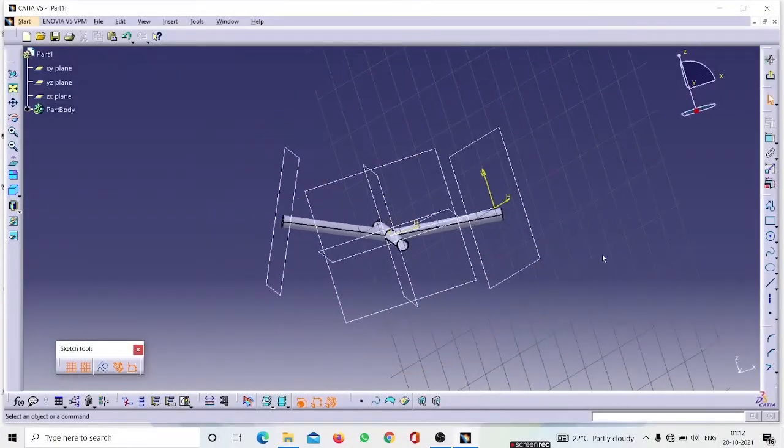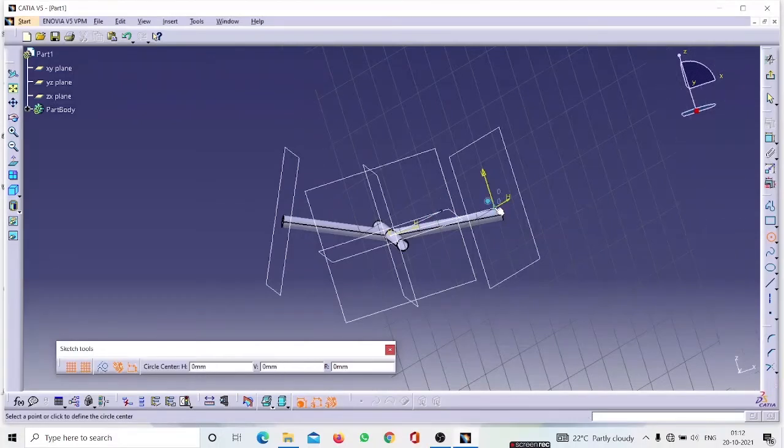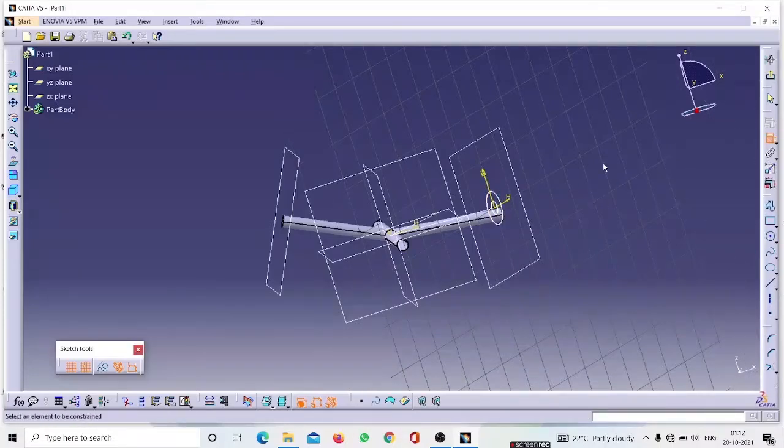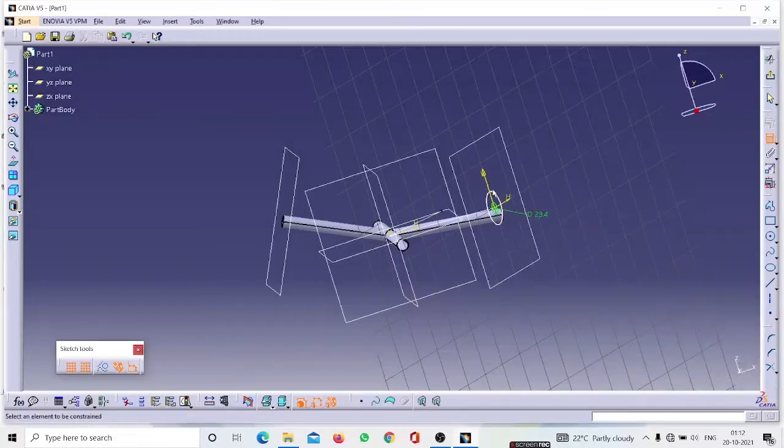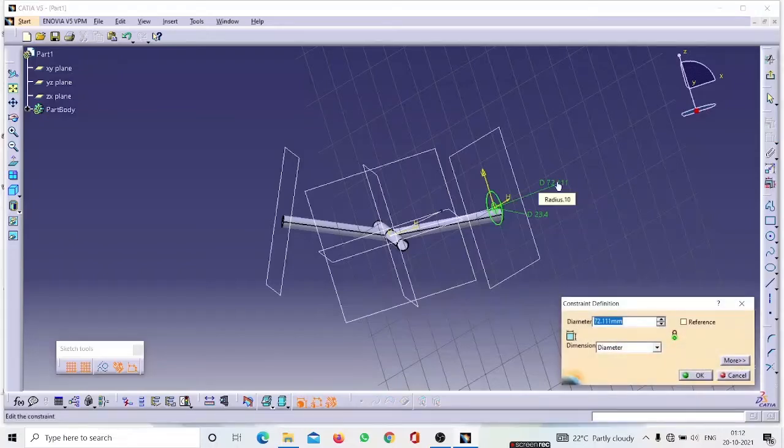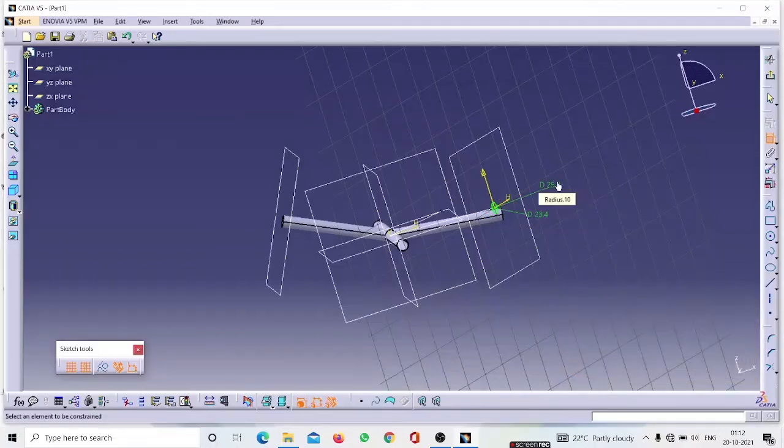and here it is, this point, 2 circles, 1, 2, constrain 1, that is 23.4, and this one is 25.4, and going here,